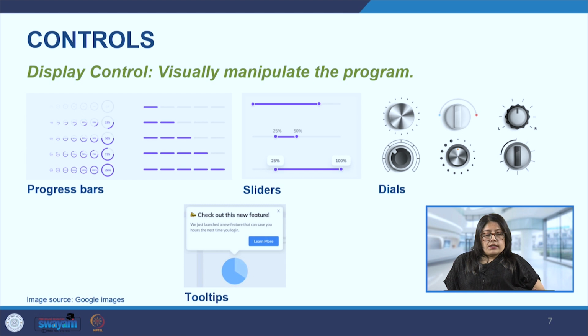And then we have the status indicators, which show us the current state of a system or control. Generally, with the help of colors or icons or animations, they tell us what the status is. For example, if we have placed an order and there is some error, then with the help of a certain color and an exclamation mark, it will show us that there was an error. Or if it is successful, then it will show us a green tick mark, and maybe some other bright colored message will come up, which will tell us that the transaction was successful.